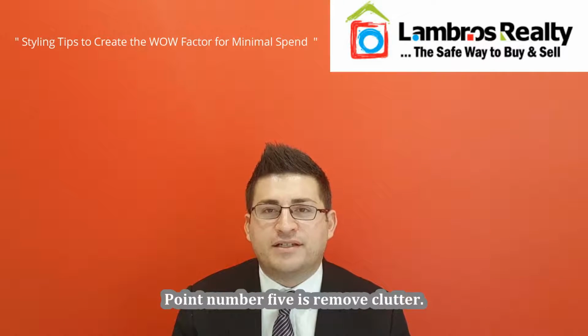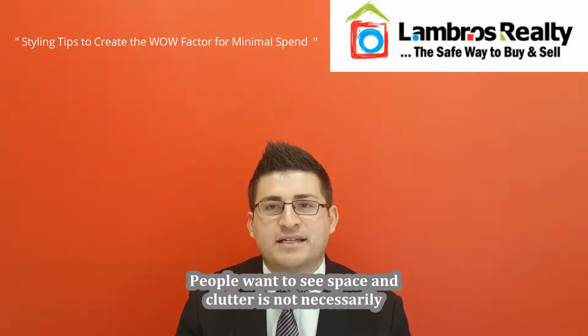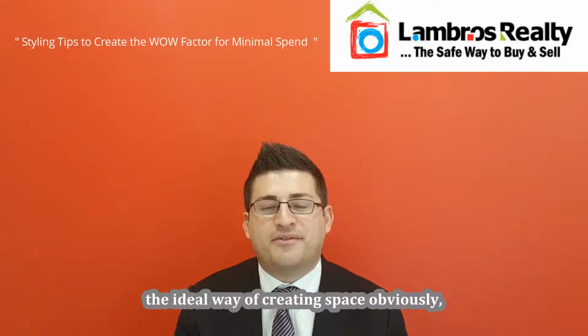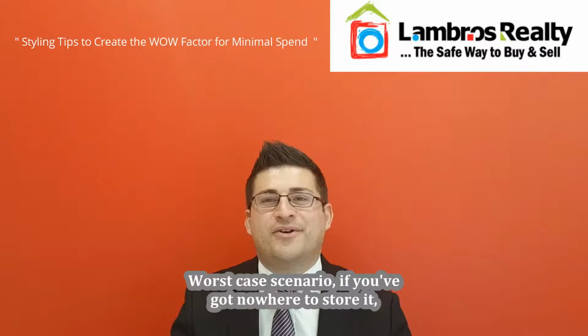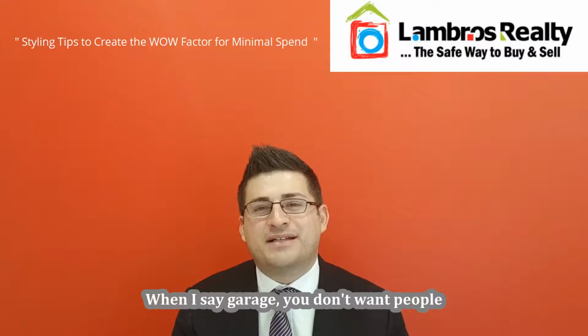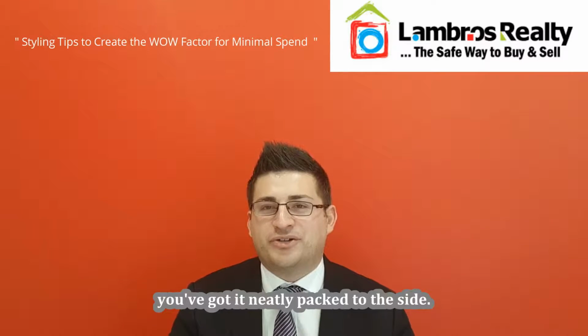Point number 5 is remove clutter. People want to see space, and clutter is not the ideal way of creating space, obviously. So make sure your clutter's removed. Worst case scenario, if you've got nowhere to store it, the garage is the place to put it, right? But you don't want people stumbling over boxes, so make sure you've got it neatly packed